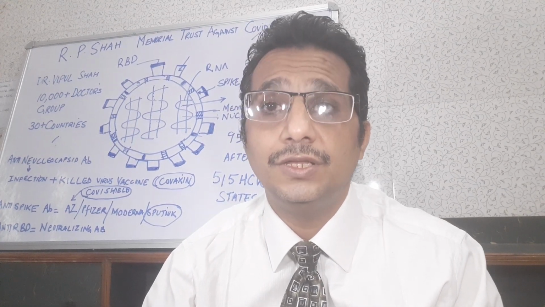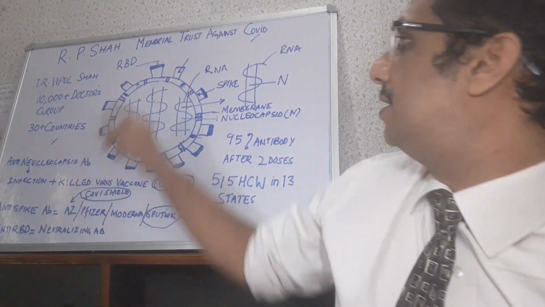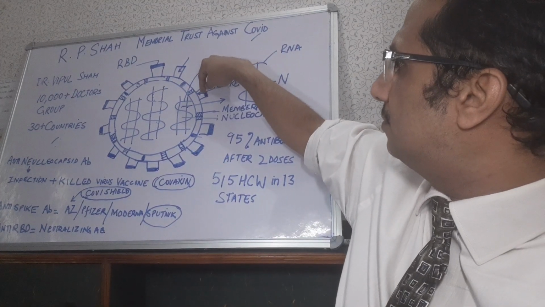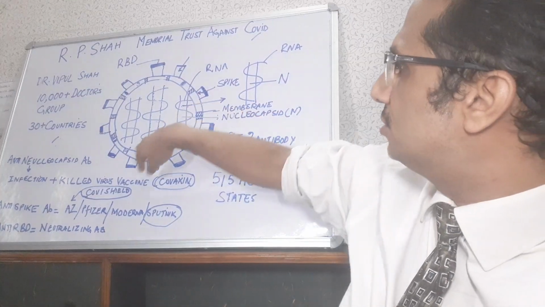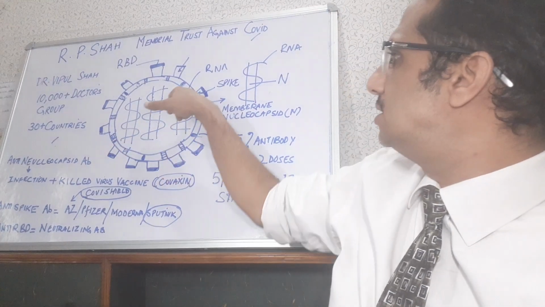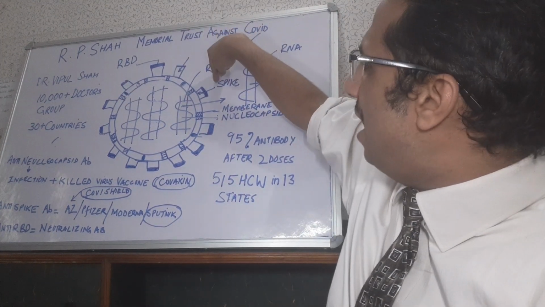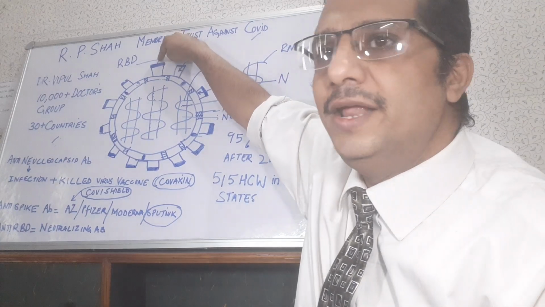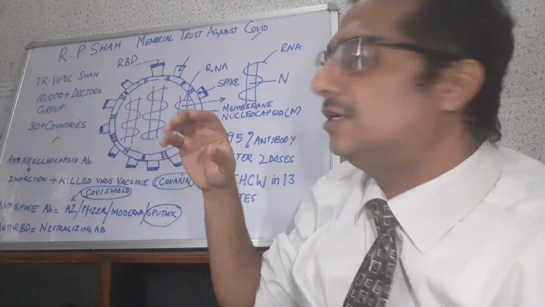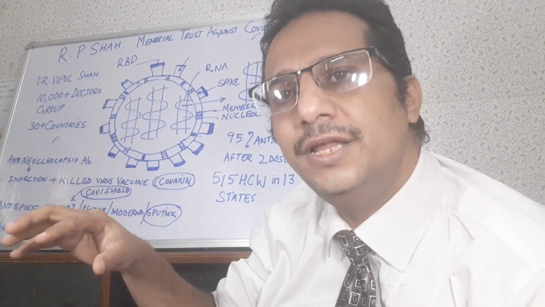So for us to understand what tests to be done and how to interpret those tests after vaccination, let me start with the structure of the virus, because that's where the tests are based on. So this is the virus. It has small spikes on its outer surface. These spikes are what is called the spike antigens. The body makes an antibody called the spike antibody, and a part of this spike is the receptor binding domain. Using this spike, the virus latches onto your body cells, and then enters into the